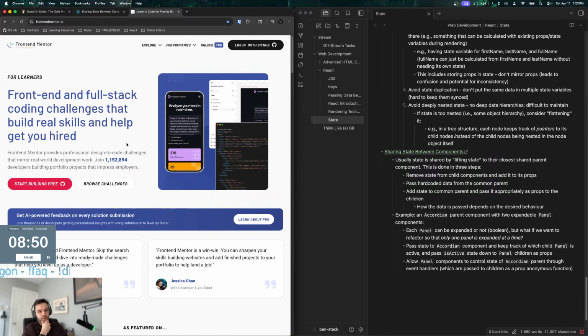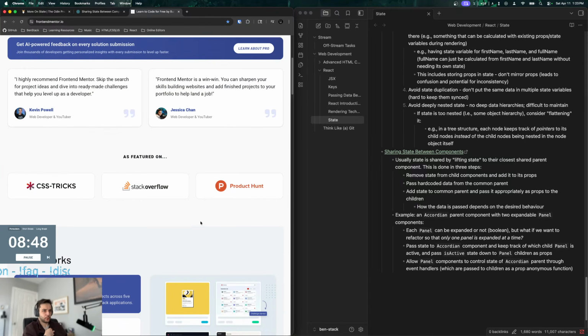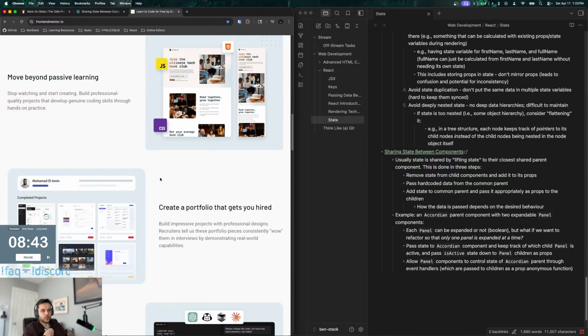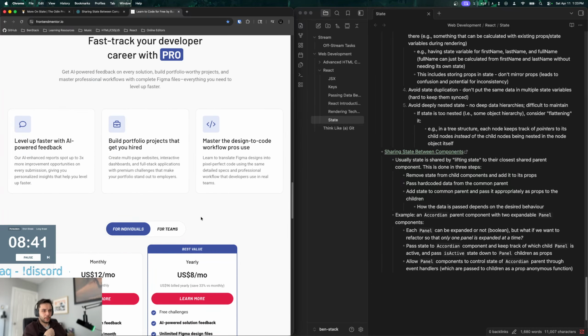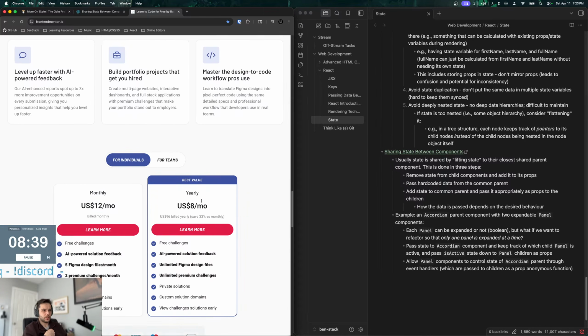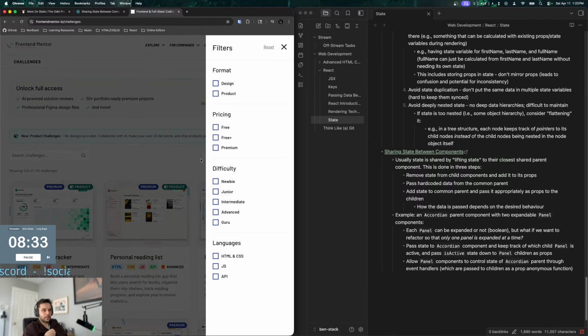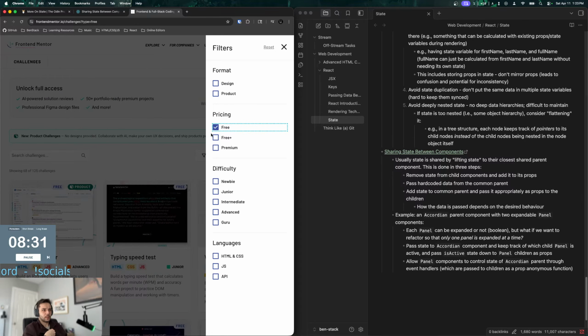Some of Frontend Mentor is free. It's freemium. One of my viewers introduced me to this. So there is a subscription, but if you go to explore and then challenges, there is a free tier, right?